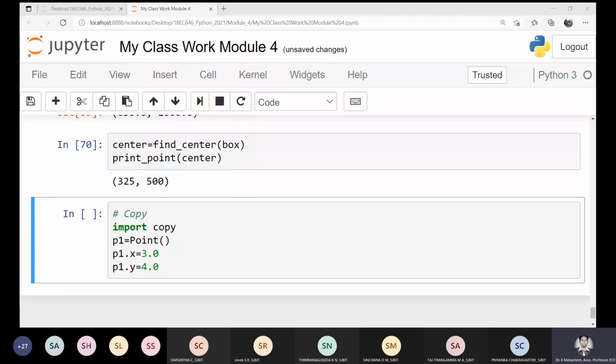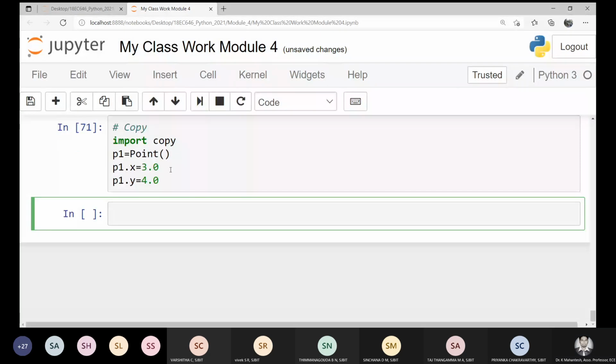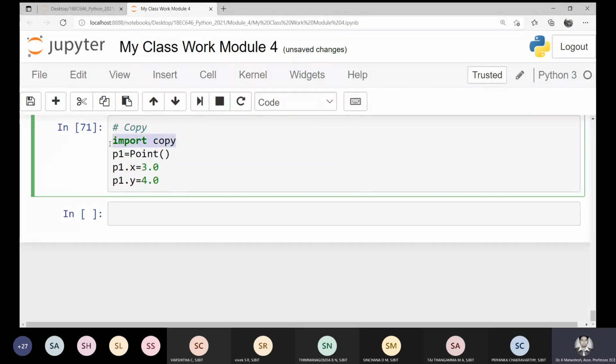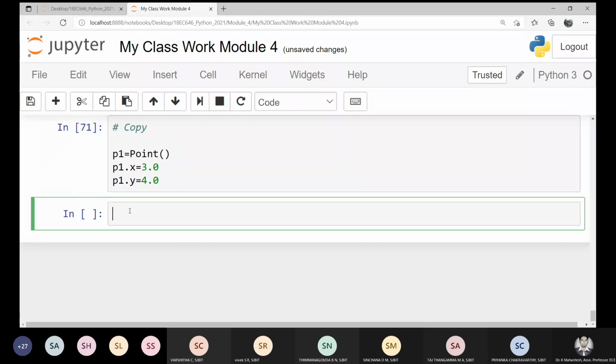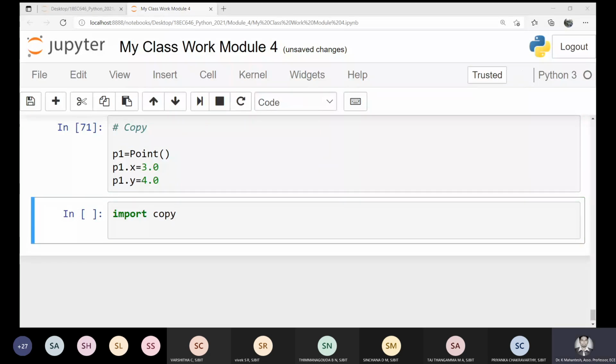So now I have an object P1, which is an object of a class called point, and I have two attributes P1.x and P1.y. Now I'll import copy and create a new object called P2, which is a copy of